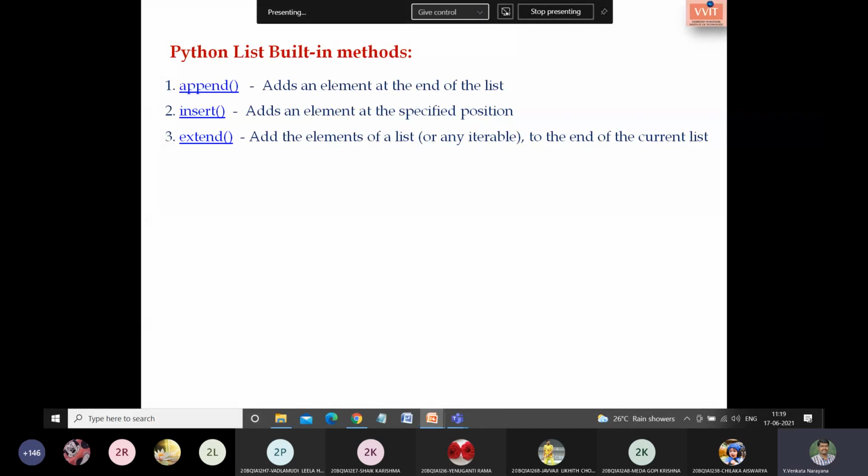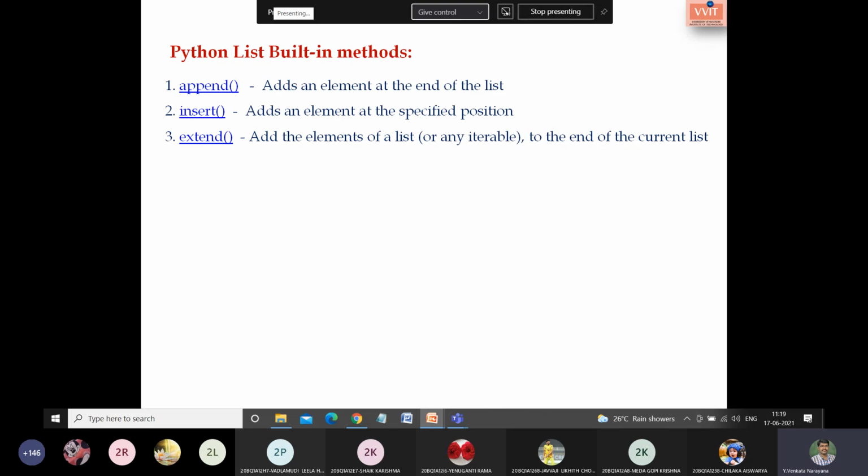This can be treated as concatenation. In C programming with strings, I have used the appending terminology. Appending is nothing but adding one to another at the end. The same terminology I am using here. Extend is a method which is used to append one list of items at the end of another list.